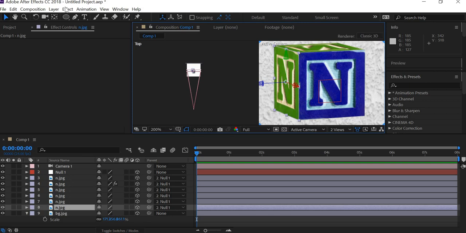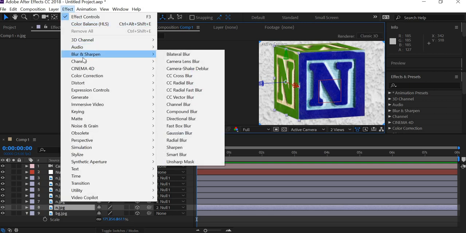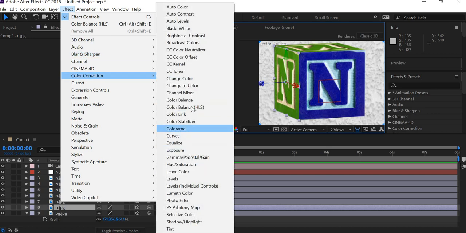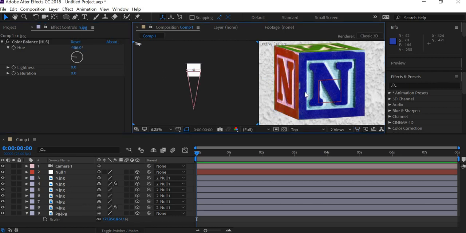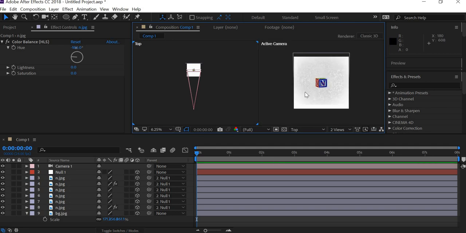So you can do the same thing to the top and the bottom. So maybe the top remains green, and then the left one we can add color balance and add some, maybe a red color. Okay, so the block has multiple colors,